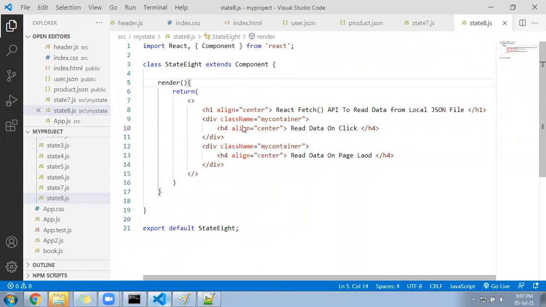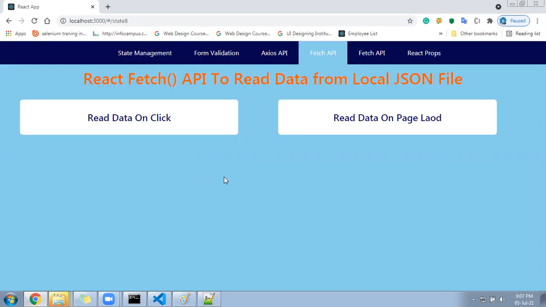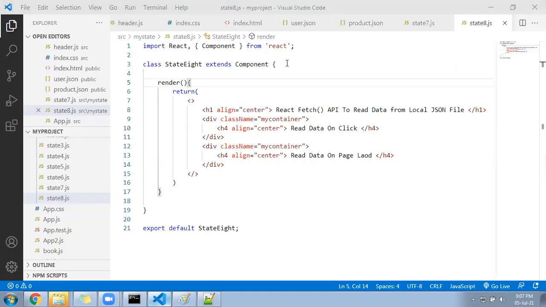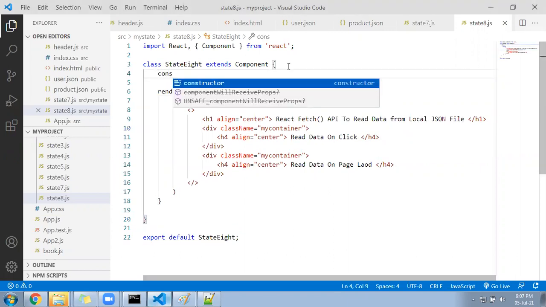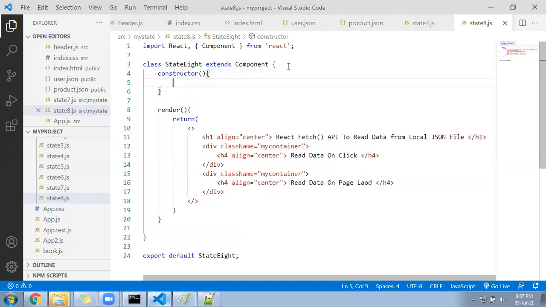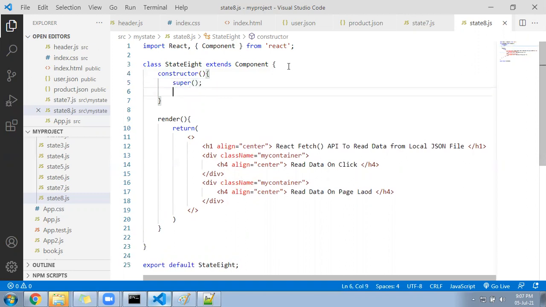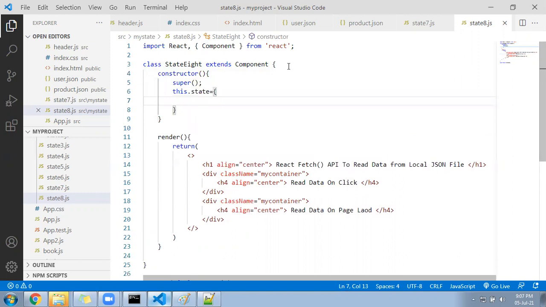What is the next step is we need to work on the state management part. So let me go here and I will open a constructor, and under the constructor I will call the super function. Since the class is extending, super you have to call. Then you write here this.state equal to, let me create a state variable called userList, and it should be an array.